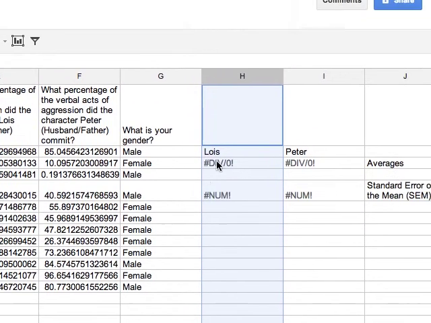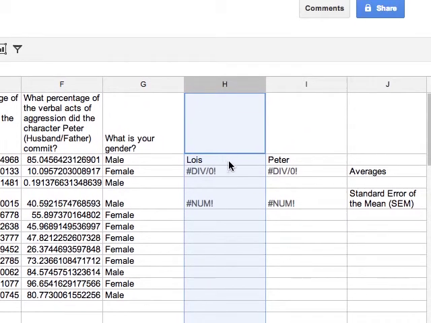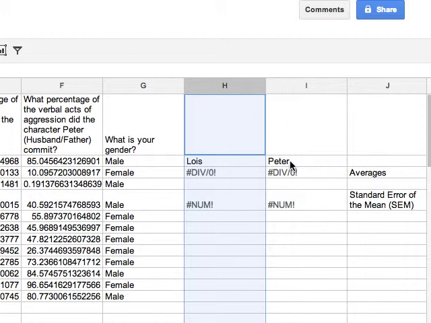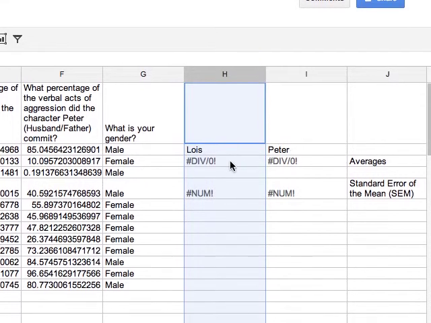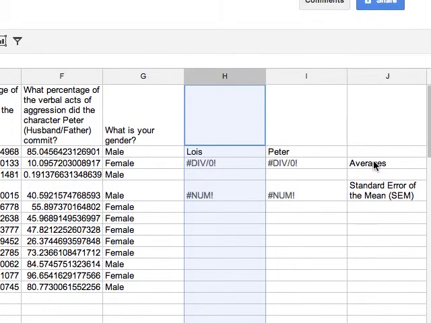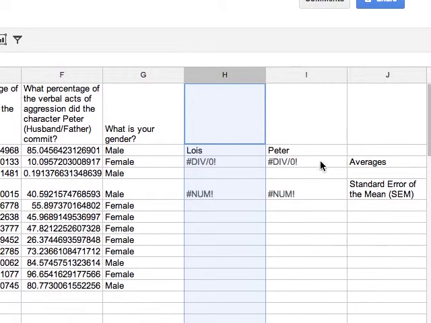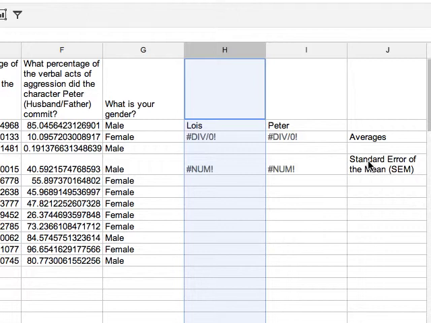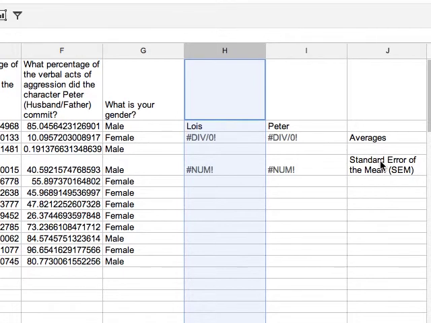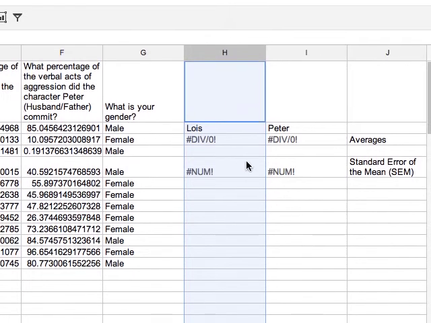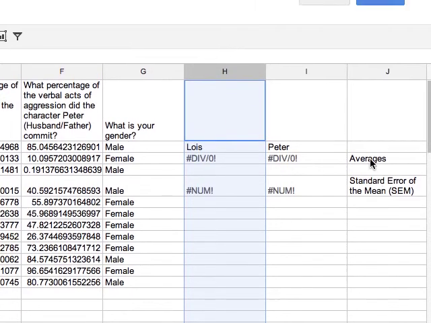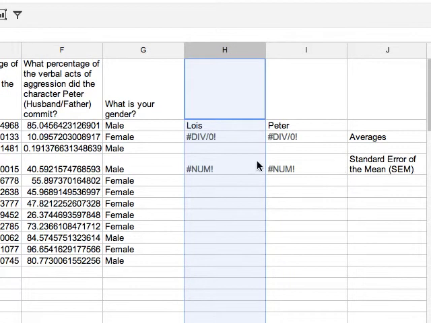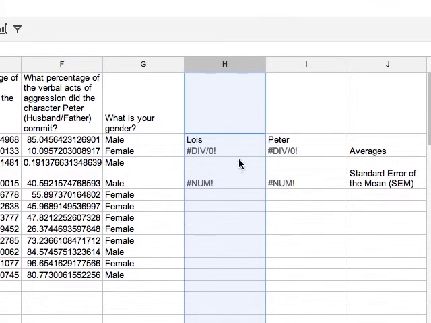and then I made a column for Lois and a column for Peter, and then just so I know where I'm putting things, I put a row that's labeled averages, and we're going to want standard error of the mean error bar, so I'm creating rows. I created a row for that too. Okay, so